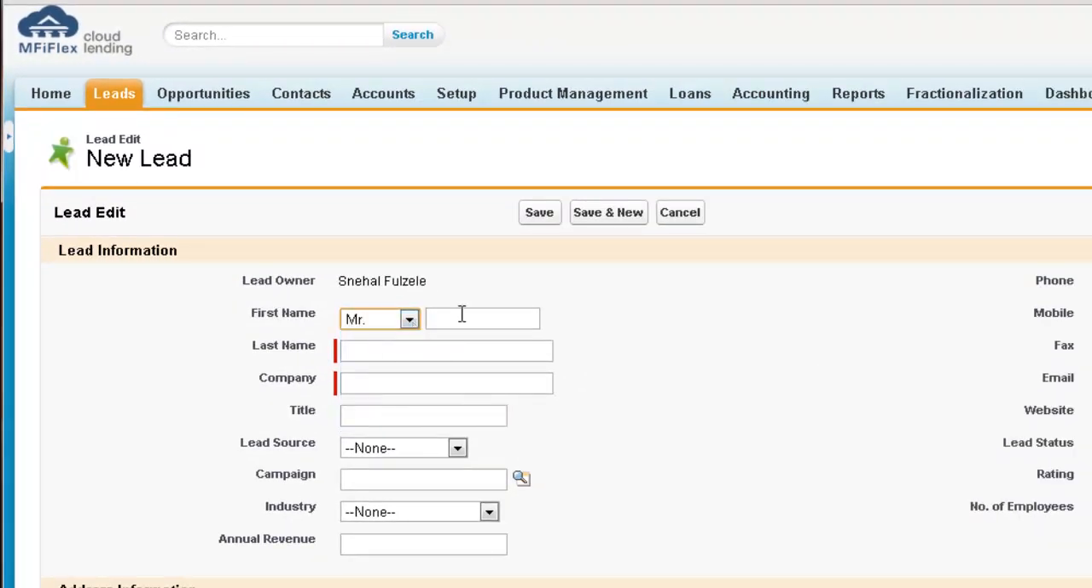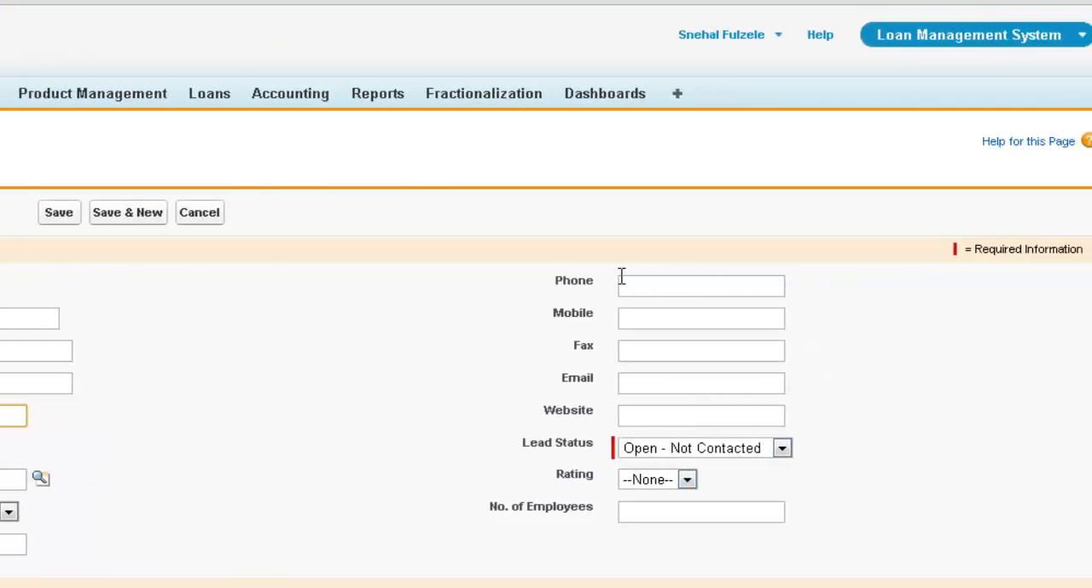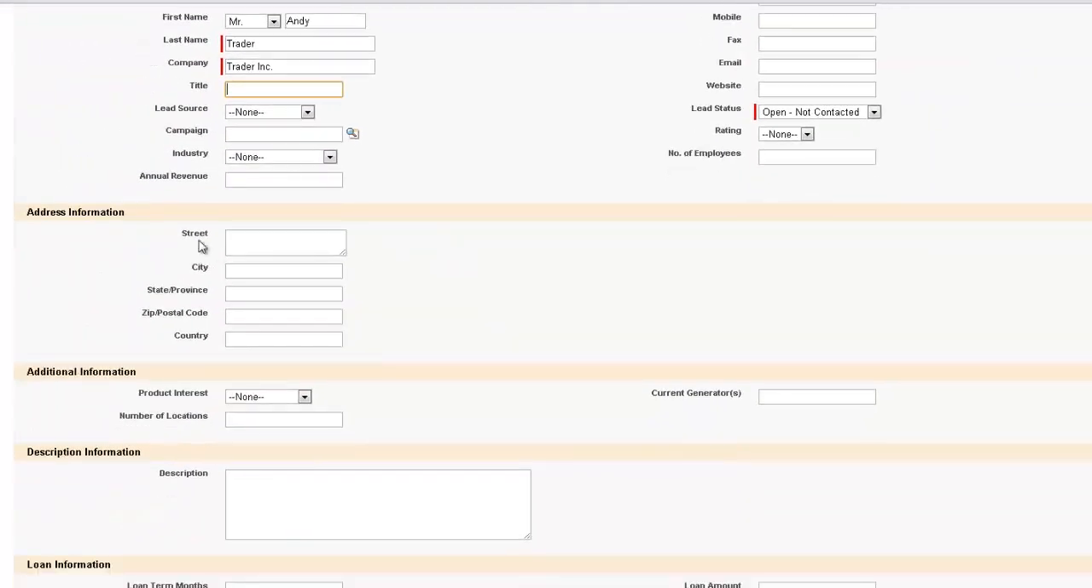So for example, Mr. Andy Trader of company Trader Inc. We can provide the title, the lead source, and so on. All these fields can be tailored to exactly the fields that you require. There's address information,